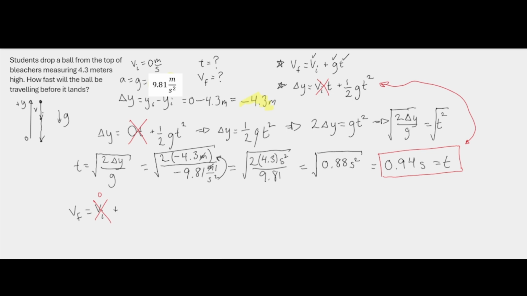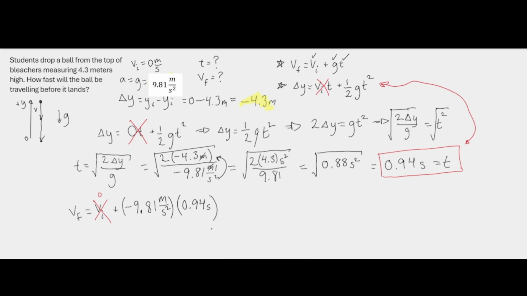Just like if you would jump out of a helicopter or an airplane, you would start at 0 velocity, but you would be going very fast by the time you reach the ground if you didn't pull your parachute. So our final velocity should be negative since we're moving towards the ground, and it's going to be larger than our initial velocity. So I need a negative acceleration. I need to put a minus sign with this acceleration because the acceleration is pointing downwards. And it's negative 9.81 meters per second squared. And my t for time I found in the previous step as rounded to 0.94